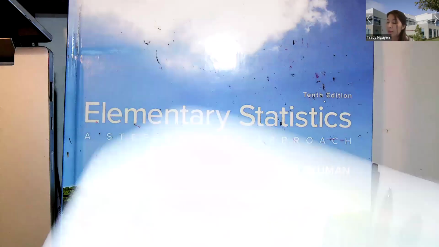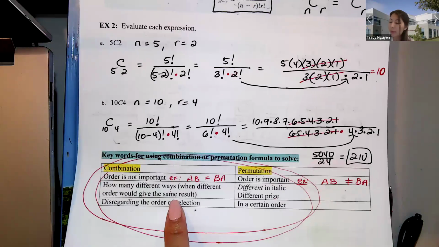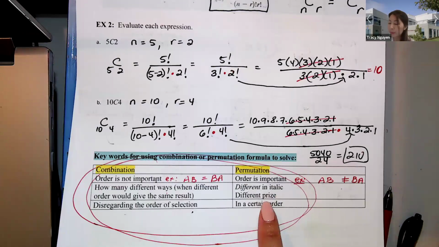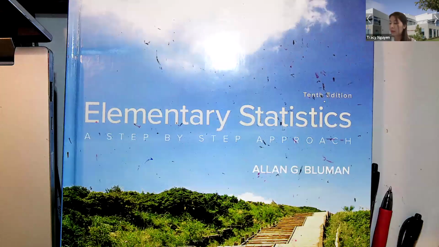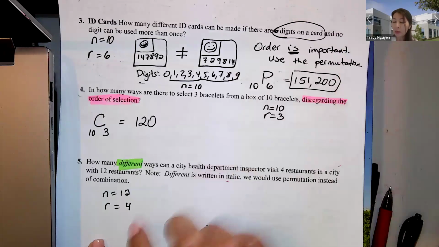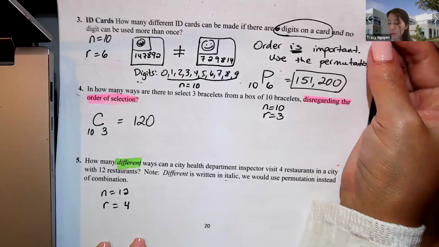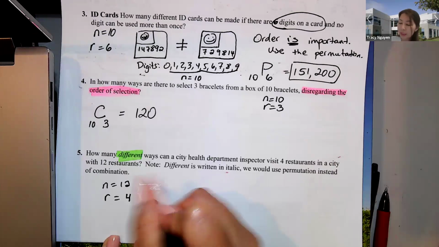Then we go back to our summary page from earlier. If we just see how many different ways, that's a combination problem. But "different" is written in italics, that represents different size, for order matter, then it's a permutation problem. With that being said, that tells us in this column here, the order that the health department inspector chooses to visit these 4 restaurants matters. So meaning that